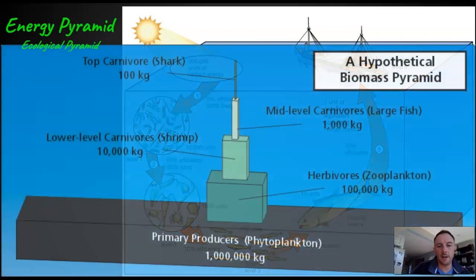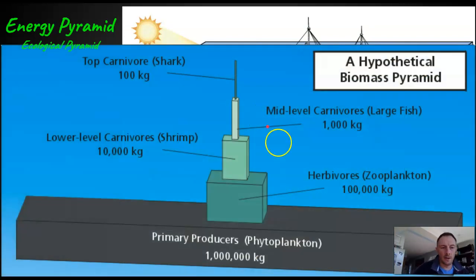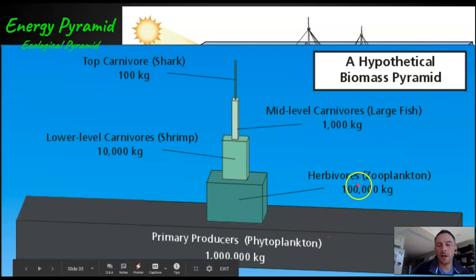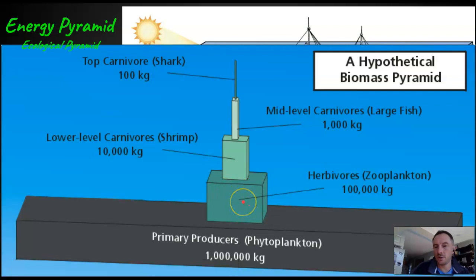So another way to think about this, and a better example, is this energy pyramid. I like this one because it's more sized correctly. At the bottom in the ocean, you have a ton of phytoplankton, but that is only going to produce about this much of the herbivores, the zooplankton, those little copepods. We think of them as little tiny shrimp that feed on those. That's only going to, in turn, support larger shrimp that are going to feed on those. It's a much smaller amount.